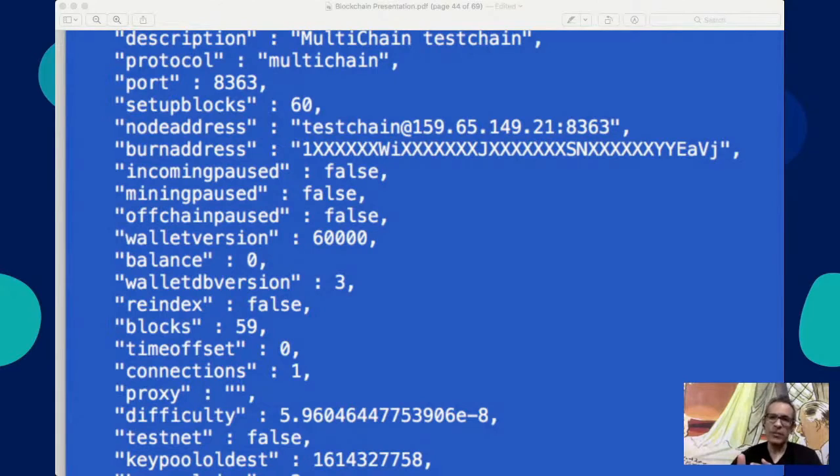The output also is given to you in a JSON format, which is why it is very easy to integrate multi-chain into any JSON supporting application. And that's the reason I'm a big fan of multi-chain and not any of the others. So whenever you want to destroy an asset, send the units which you want to destroy to the burn address and it's gone. Nobody now can ever access it. I hope that part is clear. Any questions?